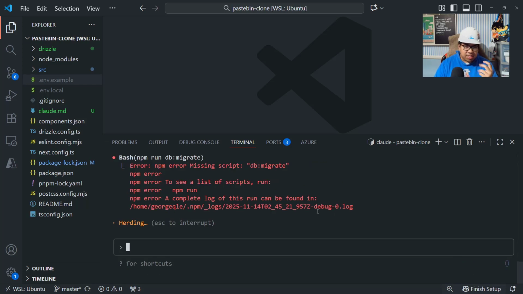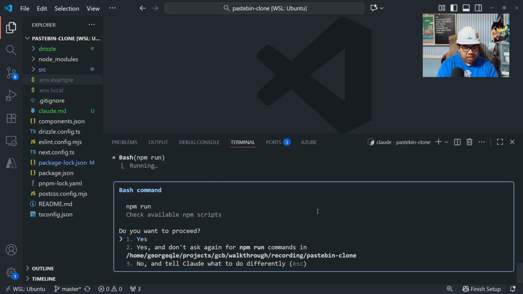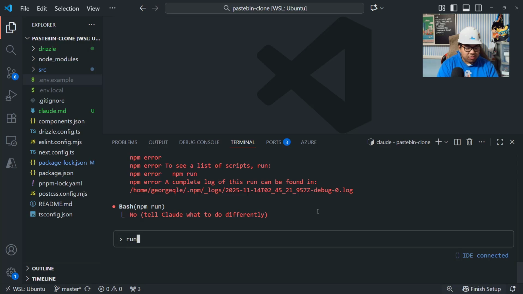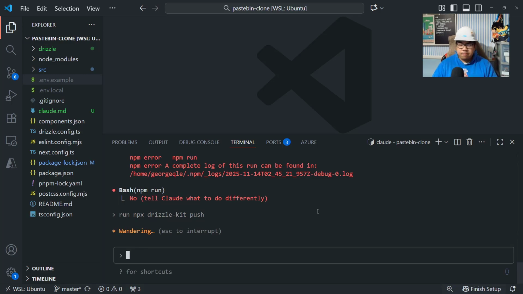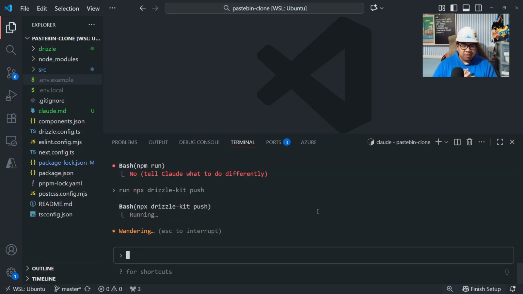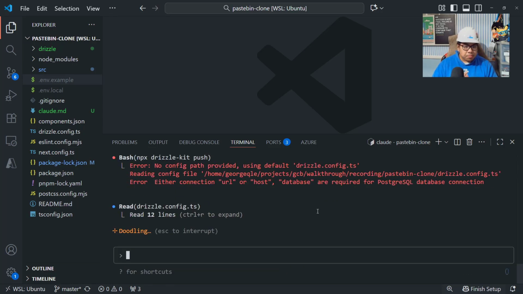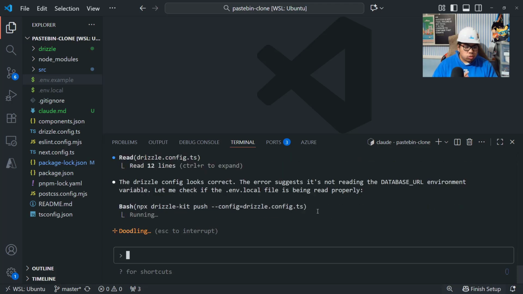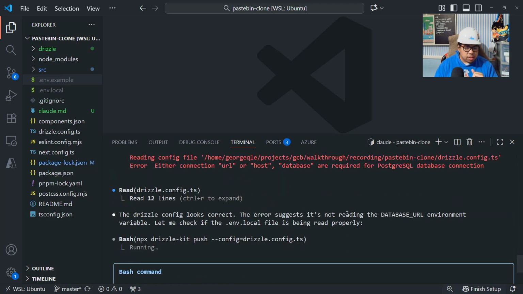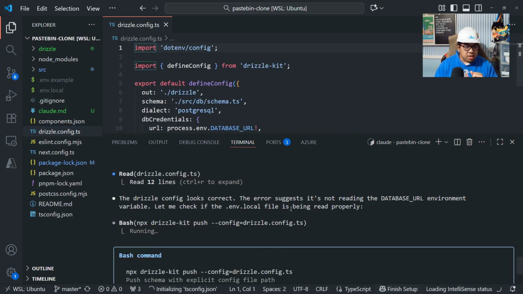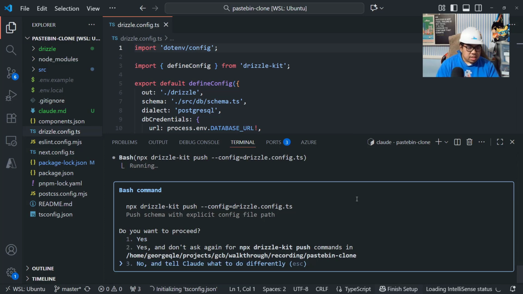Oh, that's not right. Run, nope, that's not right either. Run npx drizzle kit push. So again, happy to help it out with a little bit of some of the console commands. It's not reading it correctly. Let me check this real quick. Oh, it's because